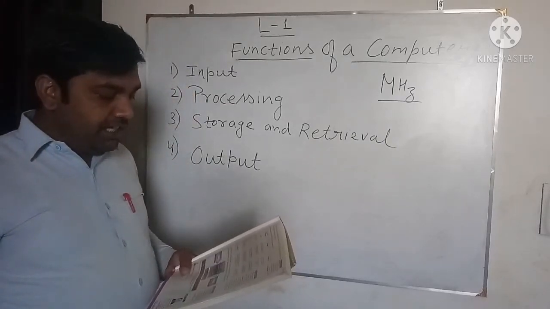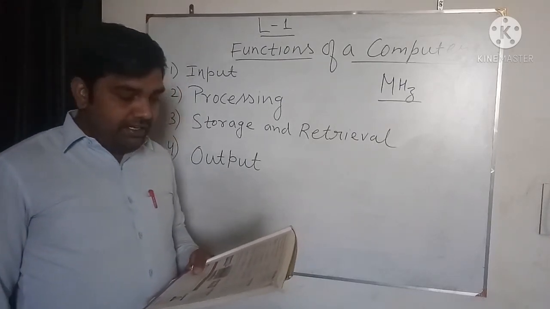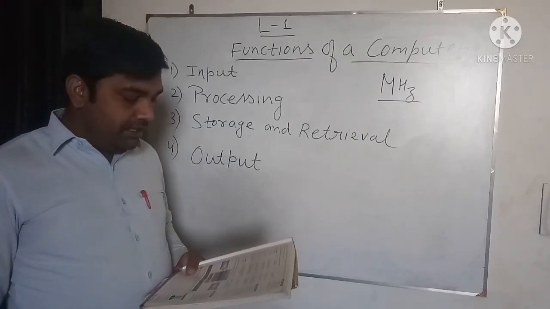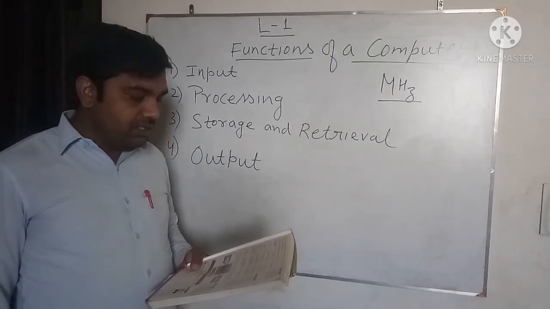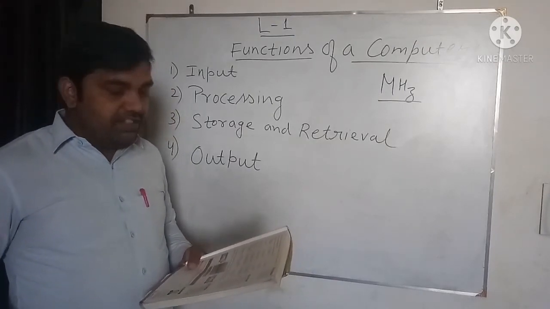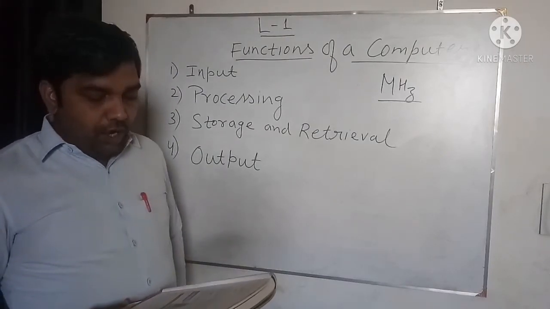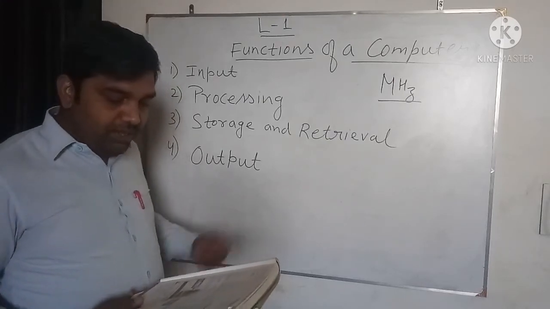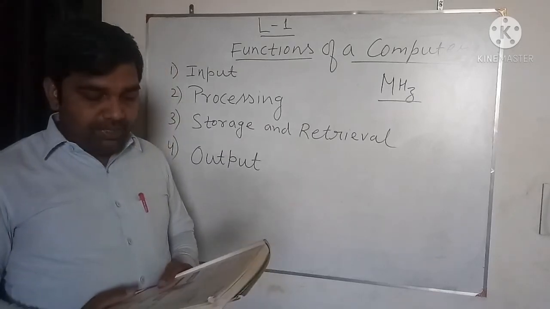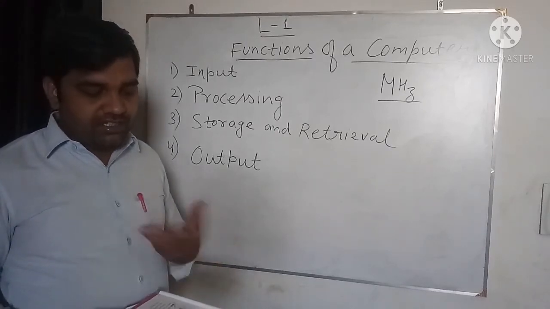ALU, arithmetic logic unit. Arithmetic and logical operations on data are performed by the ALU of the processor, and in the human they are performed by the brain. Control unit: the CU of the CPU controls the functioning of all the components of the computer. Similarly, the brain controls the functioning of the body. All the different parts of the body are controlled by the brain only. Next is the output unit. After processing, the output is displayed on the monitor, in the form of soft copy or hard copy. In the human being, output is in the form of voice, actions, etc. If I am speaking, delivering the lecture, that is the output.